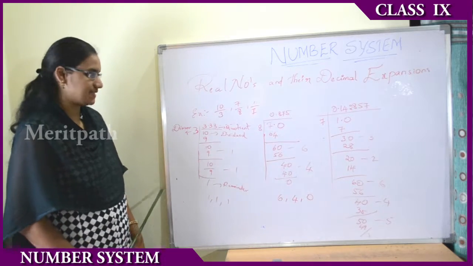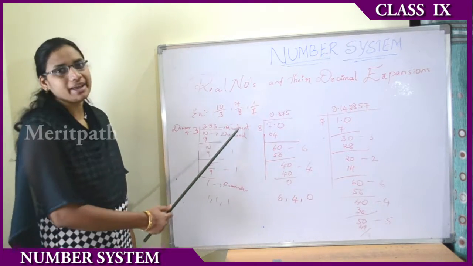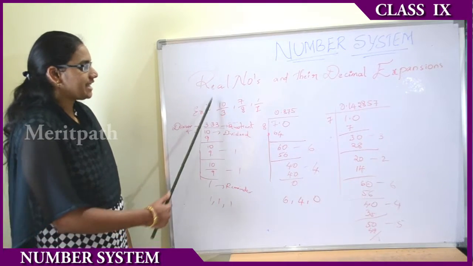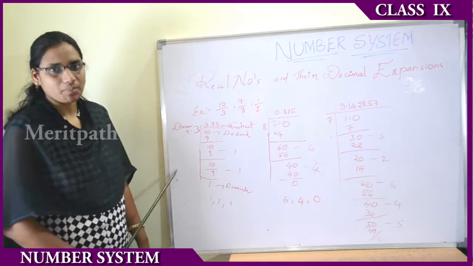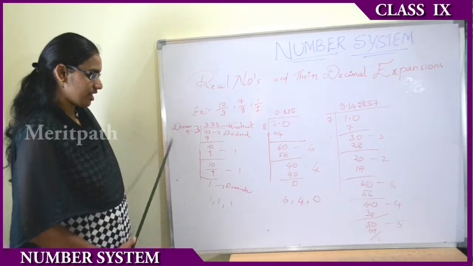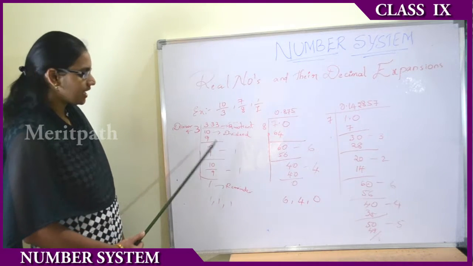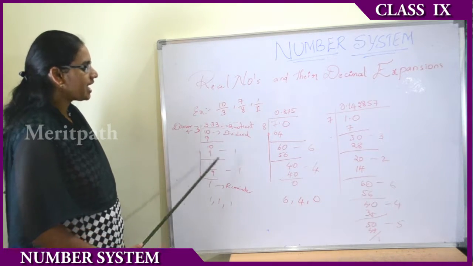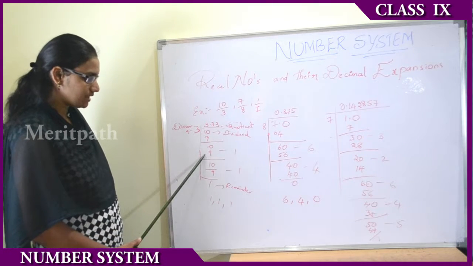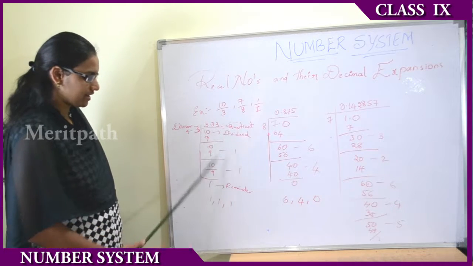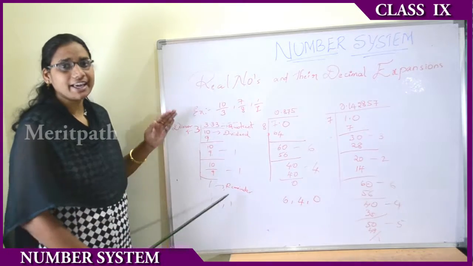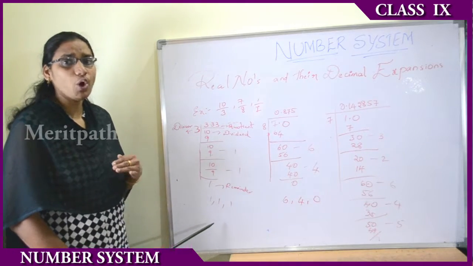Examples of real numbers are 10 by 3, 7 by 8, 1 by 7. Let us divide 10 by 3 and we obtain the quotient 3.33. That is, 3 3s are 9 and we have remainder 1, and we will put a point and borrow 0, and again we repeat the same: 3 3s are 9 and remainder 1. Again 3 3s are 9 and remainder 1. Like this the cycle will go on and it has no end.